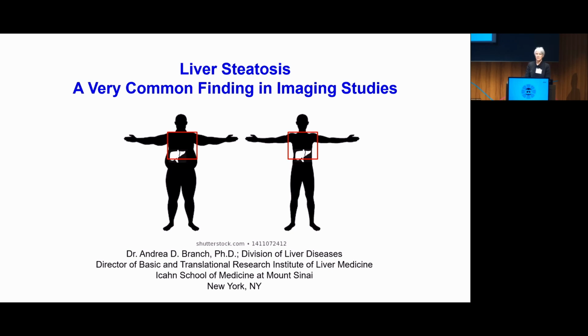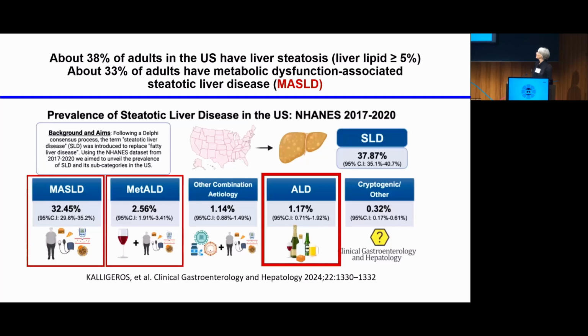I think in the previous session, Claudia mentioned the importance of really taking a comprehensive look that takes into account all body systems. And she's really put this thinking into mind over the years and has reached out to many people at Mount Sinai and elsewhere to look at additional organ systems, and in my case, liver, which you're probably all aware as radiologists, that finding liver steatosis is very common in imaging studies.